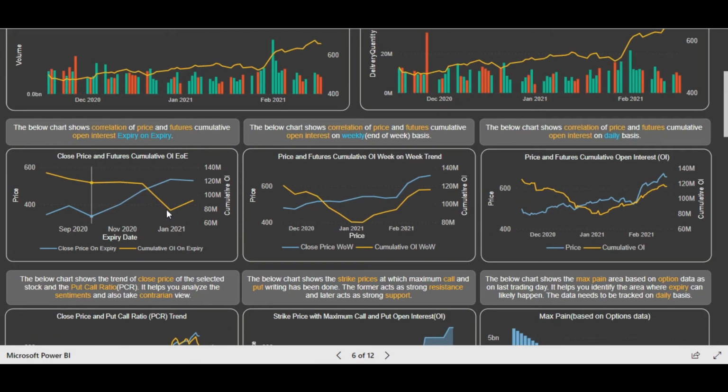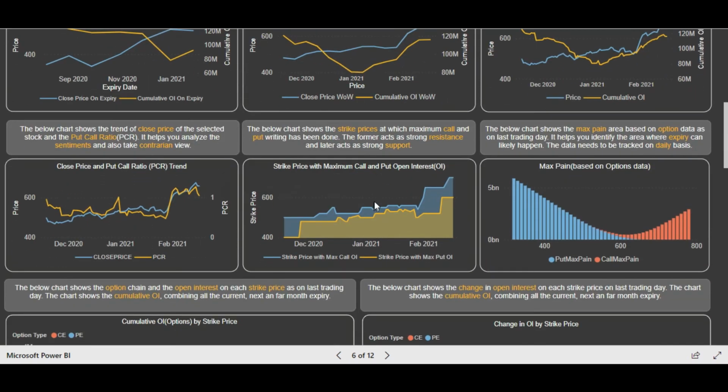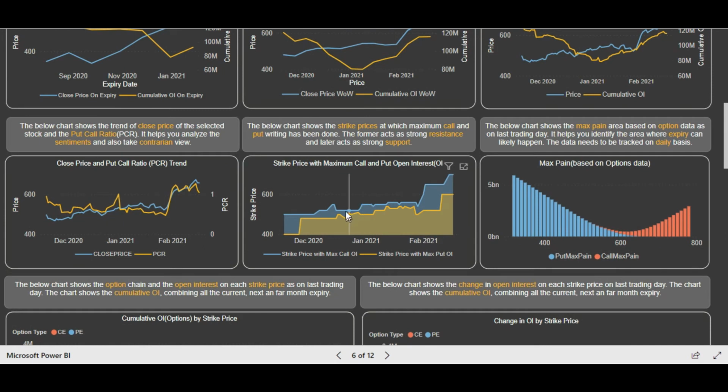So first let's see what was happening in futures. You see that for the past few weeks, long positions were getting added, and you see this bar, the close price is also increasing. So huge long positions getting added week on week, and if you see the daily data also, you see that the long positions are getting added. So this is more granular, and so futures data is indicating positivity because the long buildup is going on and the stock is increasing.